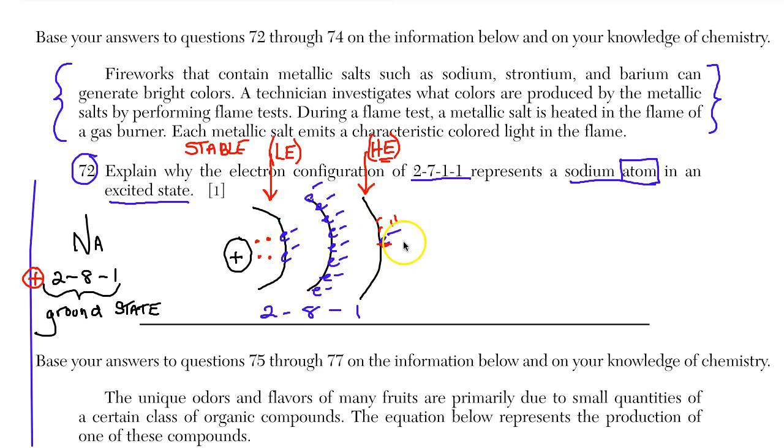In fact, these are the electrons that become the ion. So when sodium becomes Na+, this is the electron that's lost, not these, because this one feels the nucleus less because it has higher energy. So when we say an electron configuration is excited, what we're saying, party people, is that an electron that's in